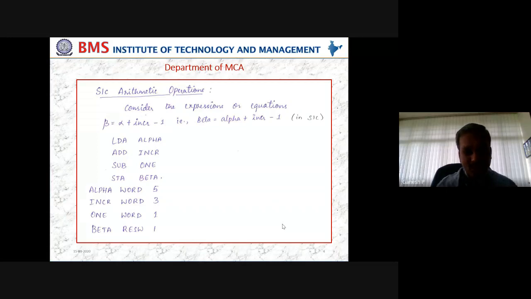Since one value is already stored into accumulator, now I can perform the addition operation, because addition, if you look at the instruction sheet, addition can be a format 3 or it can be a format 4, depending upon what type of data we have, and it can be 1 operand or 2 operands, again depending upon how you want to do. When I say ADD INCR, what is happening? ADD is an addition operation.